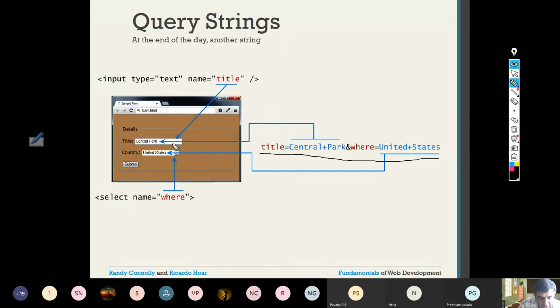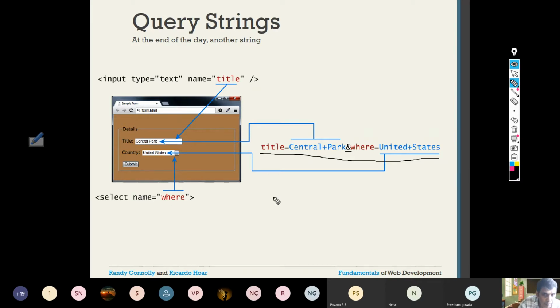This is what this text box will give you. Then you have another operator, the ampersand. If there are multiple elements in a form, each element is separated from the other by one symbol, the ampersand symbol. Okay. Next, what is this where?